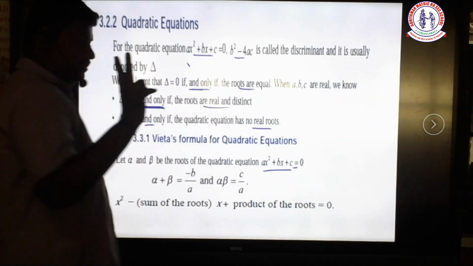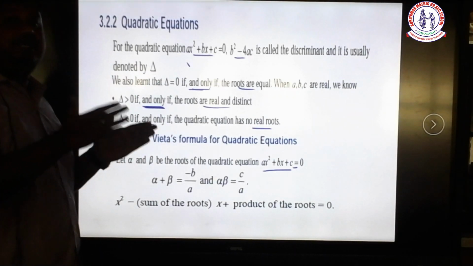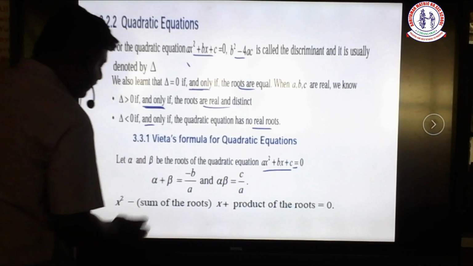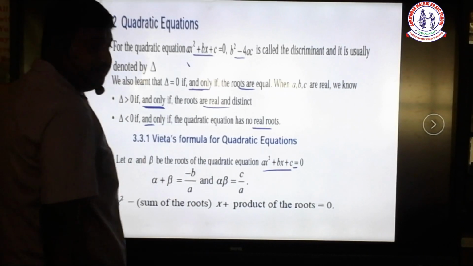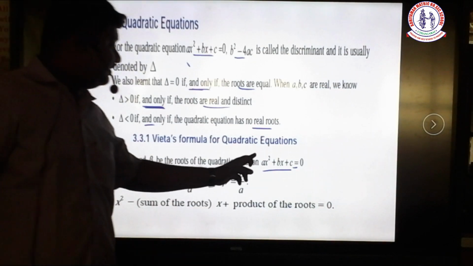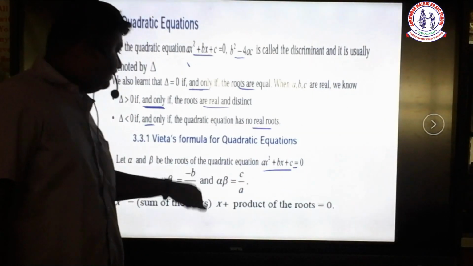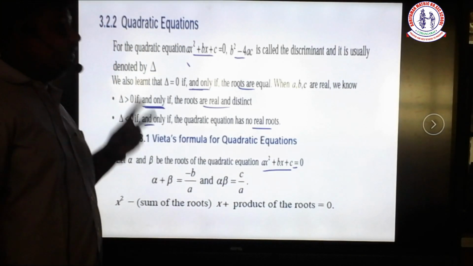We have two roots. Using this Vieta's formula, we can apply to higher degree polynomials also. So listen carefully. We have two roots alpha and beta. So the sum, alpha plus beta, is equal to minus b by a. How the sign came: you can apply alternate signs, plus, minus, plus. So you can take minus b by a. First, the sum of the two roots, alpha plus beta. We have only two roots.